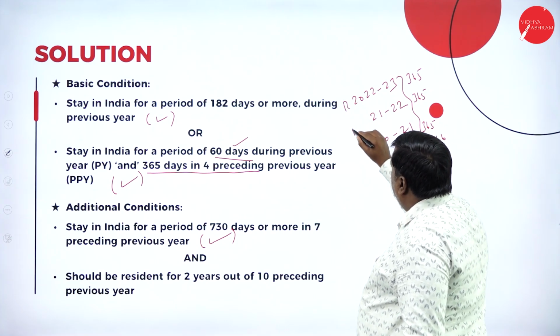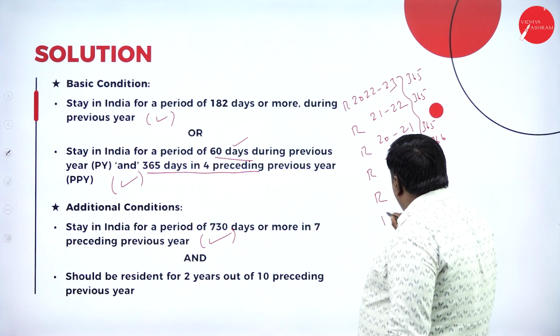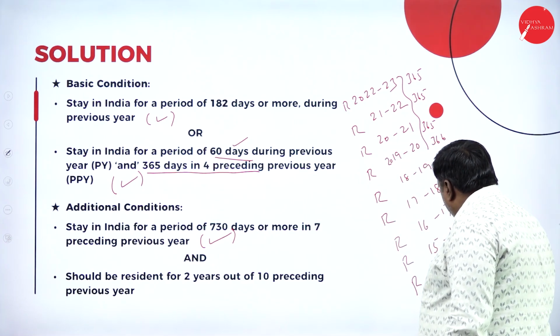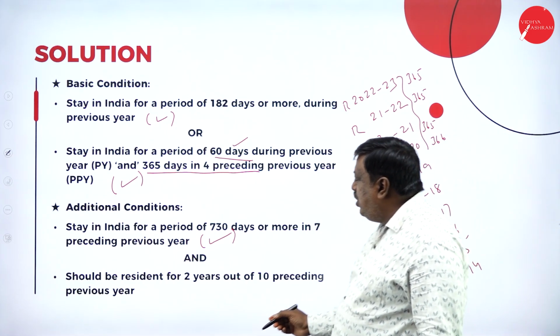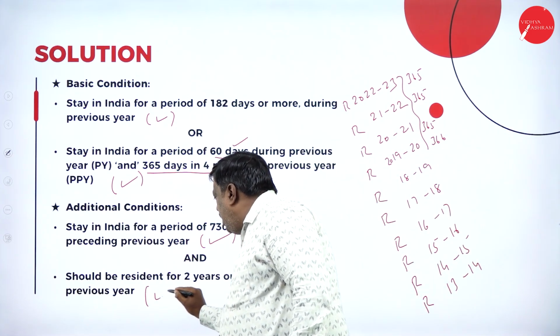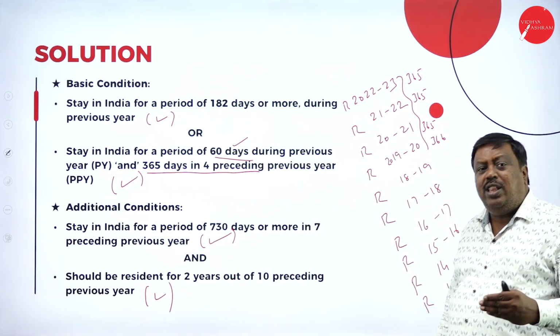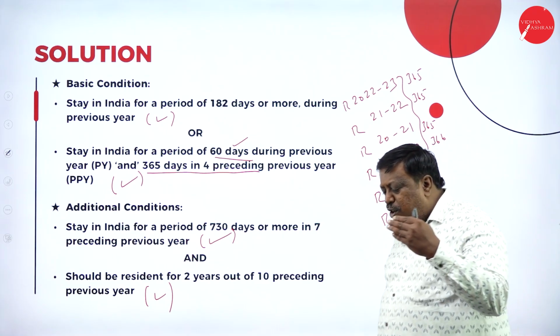So I'm a resident for all the 10 years. All the 10 years I was a resident. So I've satisfied my second additional condition also. I've satisfied both the basic condition as well as both the additional conditions during the previous year